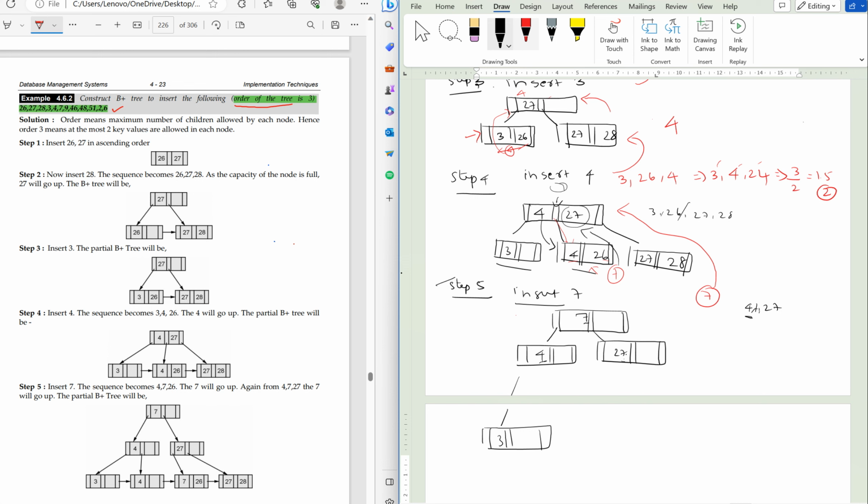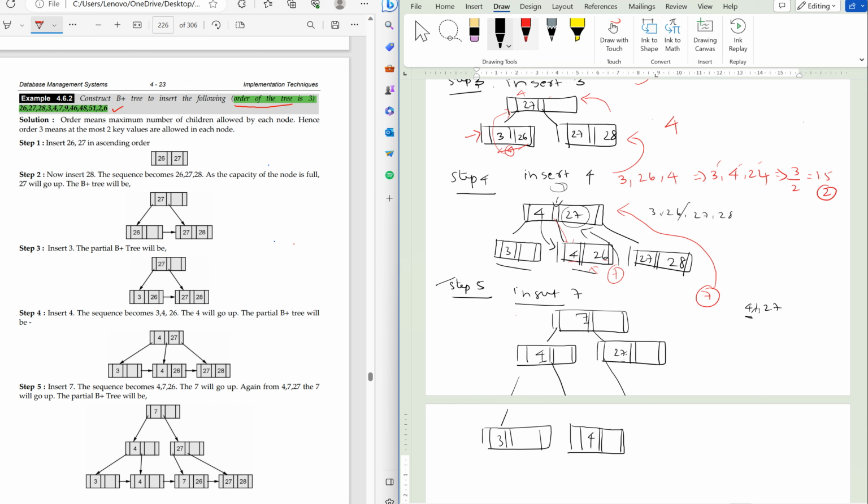And then greater than 4 and lesser than 27, in between this, greater than 4. Here, as I said, in the leaf node we should maintain a copy. So in the intermediate nodes, there is no need to keep a copy of the root node. In the leaf nodes alone, we have to keep the copy. So here 4 is there, and then